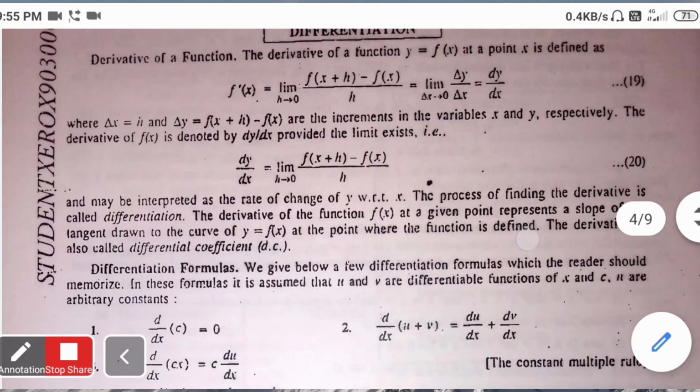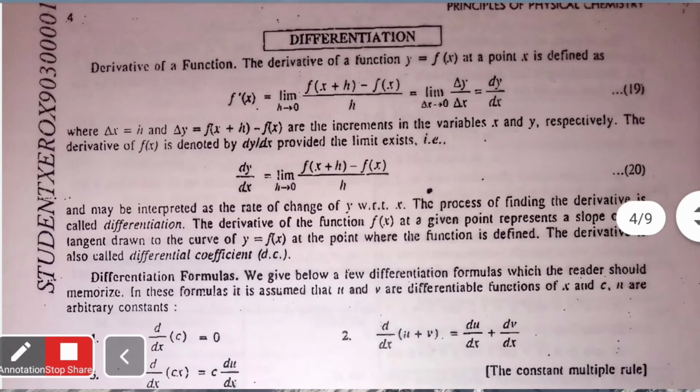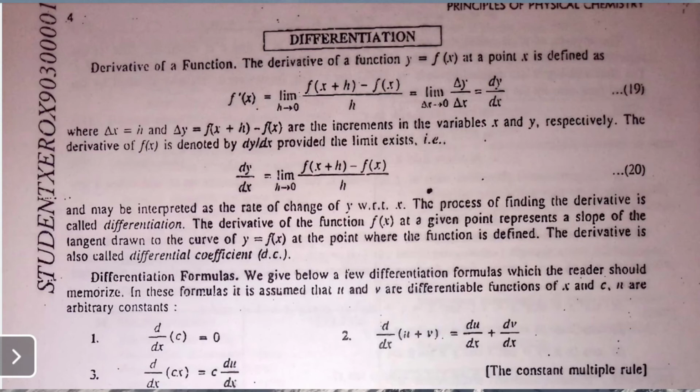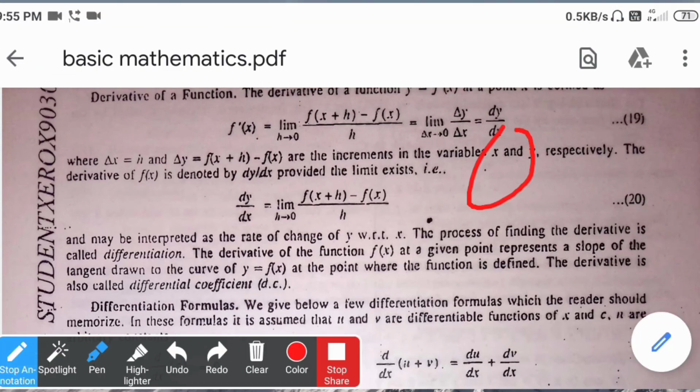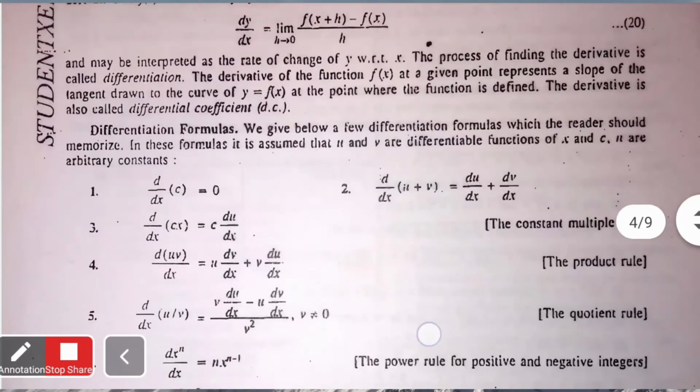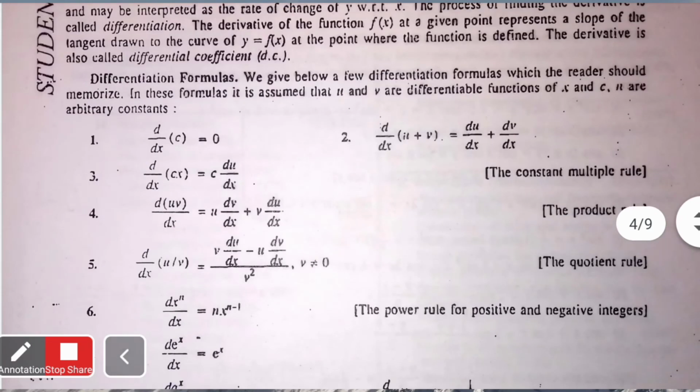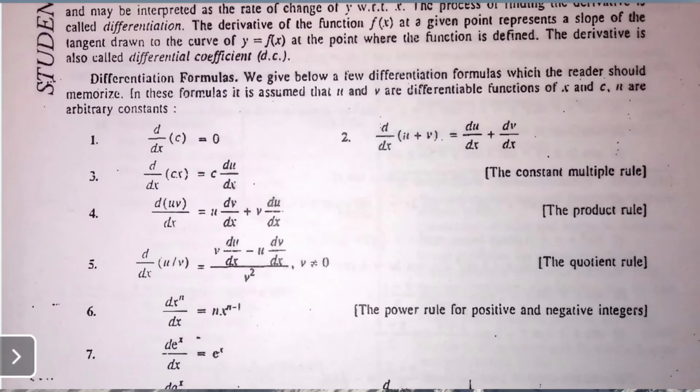For differentiation, we have derived the various differentiation formulas which we generally use. In 11th and 12th we tried to derive these formulas for some basics, and students who had mathematics during their BSc have also tried to use this formula and derive the various differential formulas. We are not going into detail on how to derive those formulas. We will directly use the differentiation formulas, the most commonly used ones given here.